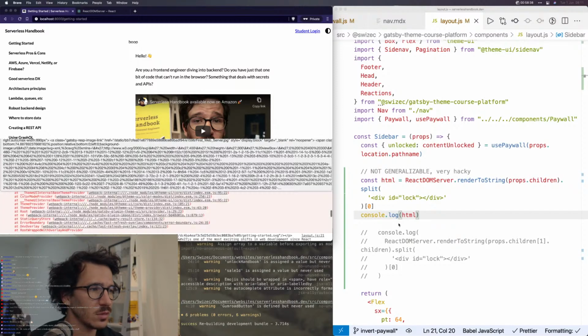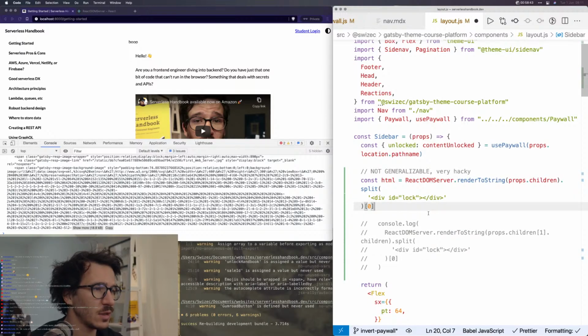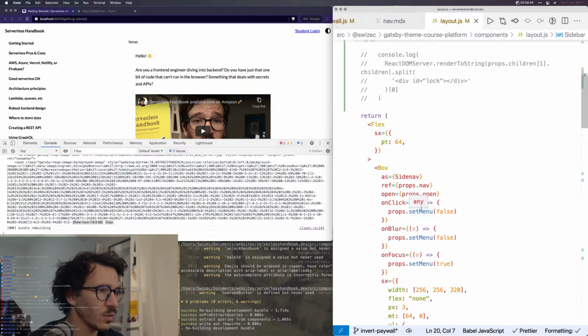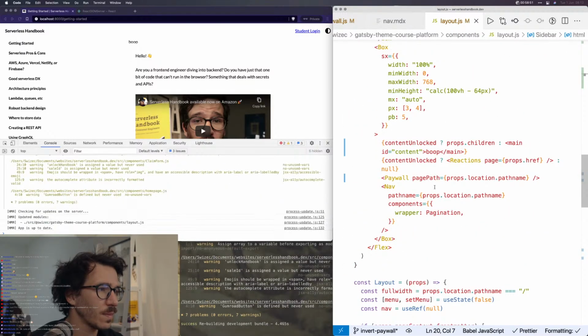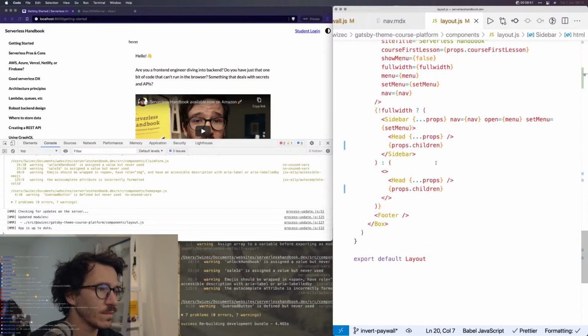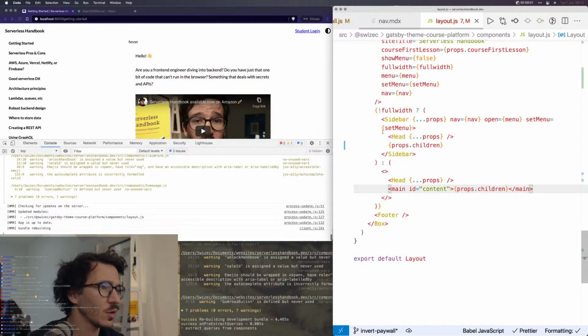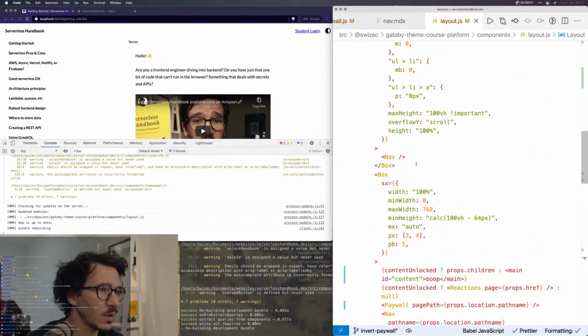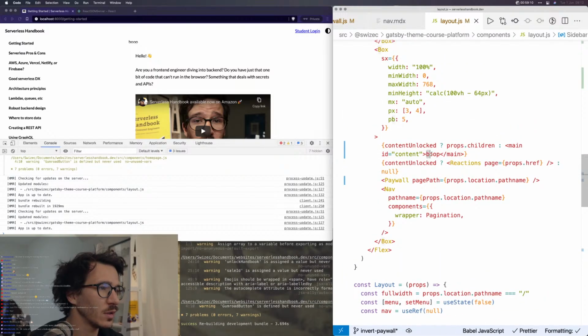Okay, so we have the content of the page now. That starts with H1. Perfect. And okay. Let's try just setting this as dangerously set inner HTML. So go down here, div. Aha, but here it does need to be main ID equals content. We don't need it to happen twice. Cool. And come on, scroll up, computer. You can do this. Here where we are rendering the content, here we're going to say,